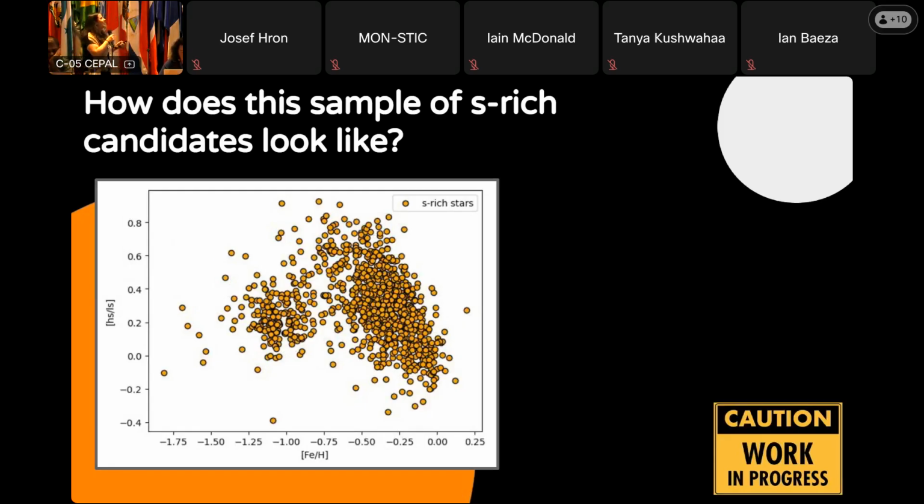And this is the distribution of the second peak of s-process elements over the first peak. And this blob here on the right at higher metallicities overlaps very well with the data of de Castro, Roriz et al. So the slope agrees very well with previously known barium stars and also agrees quite well with most models that I found.